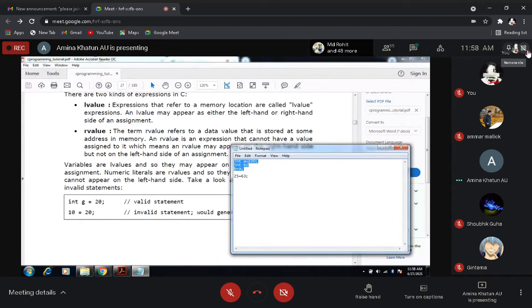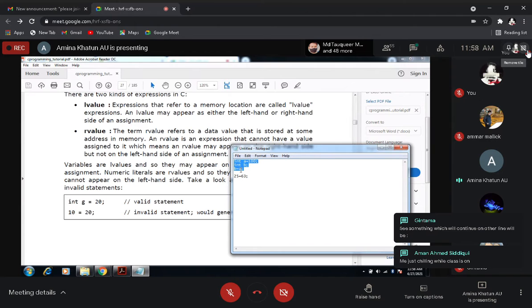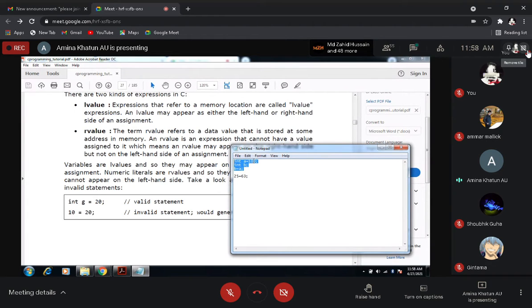What does it mean? The value of a is 100. Next we have declared variable b, and the value of b will be a, that means the value of b will be 100. So this is a valid statement. See, a appears here on the left hand side, and here on the right hand side. But 100 is an R value, and it appears only on the right hand side.